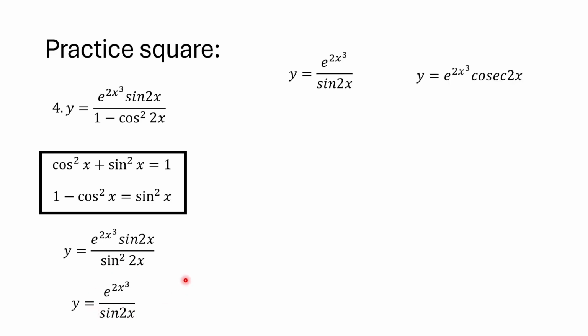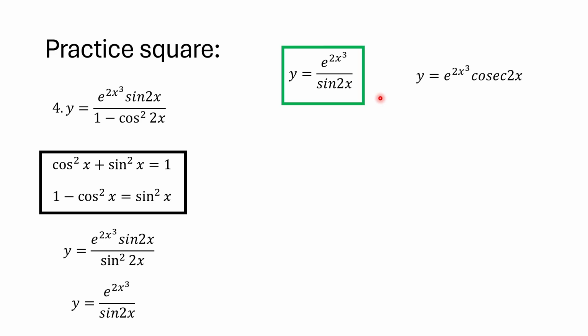just like so. And then here, there's 2 different approaches. This is kind of where I say, like with trig, even with the previous questions, there's definitely more than one way of doing it. But I'm just going to go through the working out, treating it with quotient rule, treating it as e to the 2x cubed over sine 2x, and treating it like this, y is equal to e to the power of 2x cubed times cosecant 2x, which will produce the same result, but just in a different